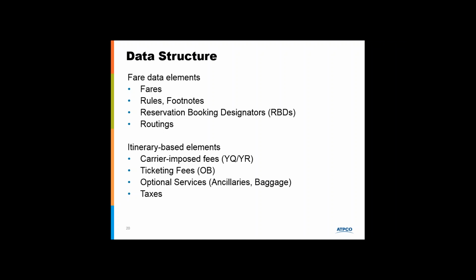Every fare has to have some restrictions in our database, whether it's an assumption from data or whether it is actual real restriction that the airlines put out. Followed by what we call footnotes that are